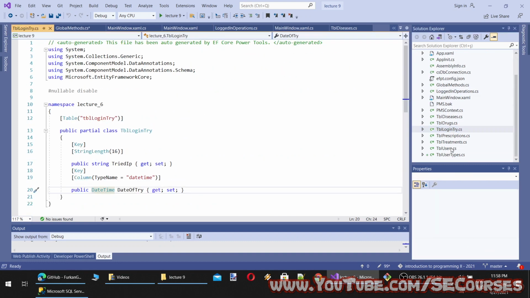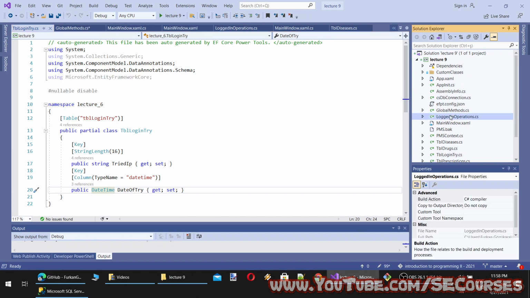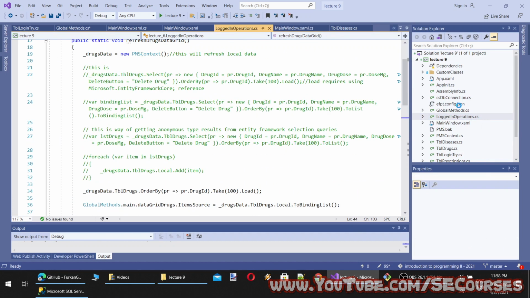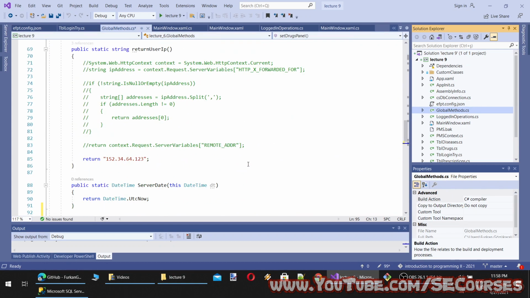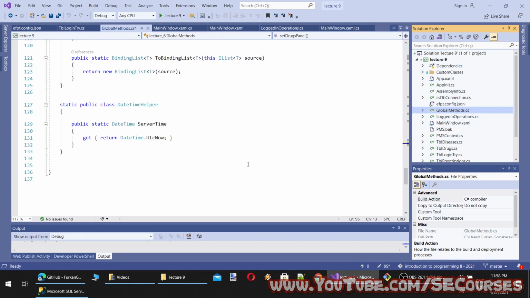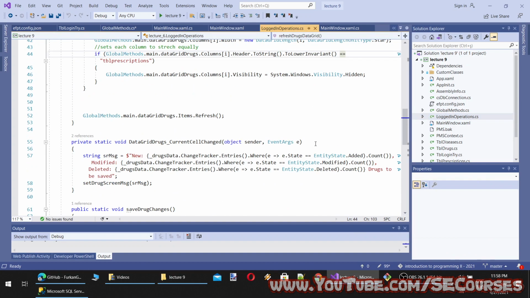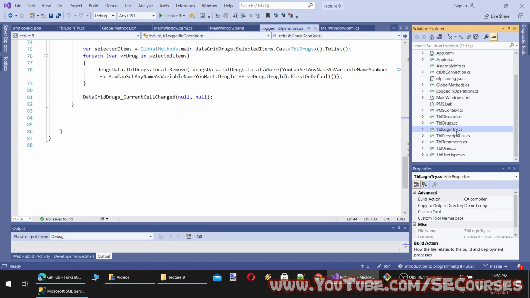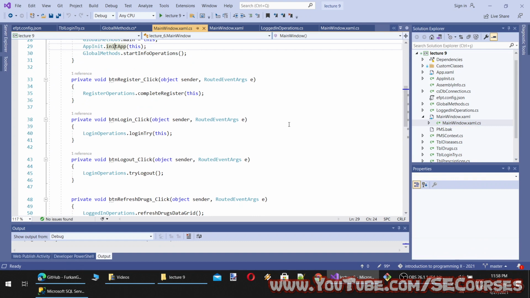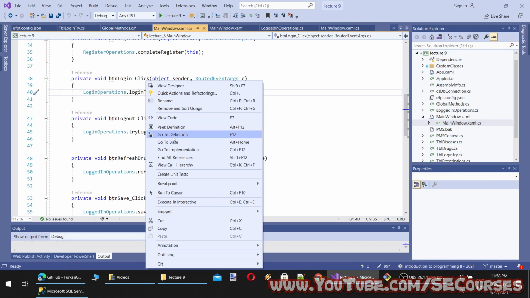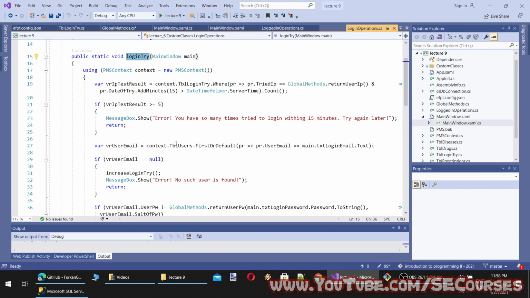Okay, logged in operations, global methods. In our global methods, no, not here. We have login try, no, not this one. Let's look from our method. So we have login try, login click. Okay, here.